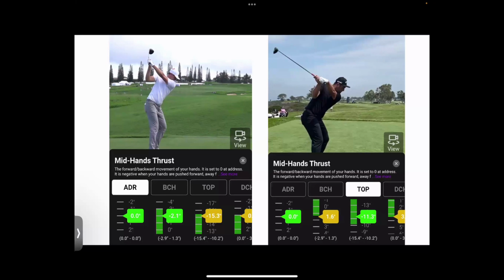If we look at the different types of right arm action here, we've basically carried that trail arm fold test to the top of the backswing, and we can see clearly that Ludwig Aberg has a much deeper right arm, and we can see his bicep. We can see the separation between his body and his shirt there, where Jon Rahm's trail elbow has folded more under, his right hand's more under the shaft. Obviously, it's a little bit of a shorter swing, but we can see from the mid-hands thrust information,